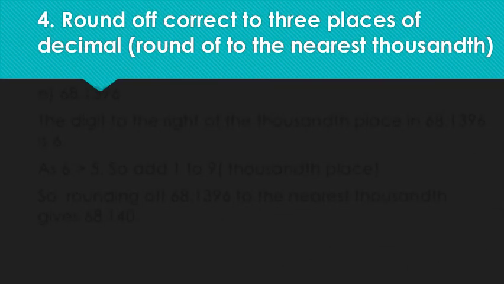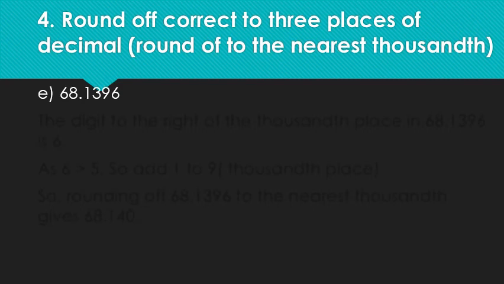Now next one is round off to the three places of decimal. Round off correct to three places of decimal. Now children, what do we mean by three places of decimal? Well, it means to the nearest thousandth place. So our number is